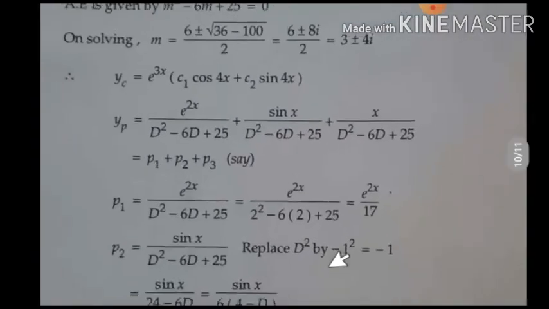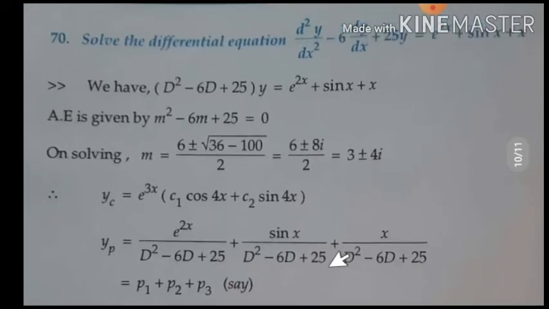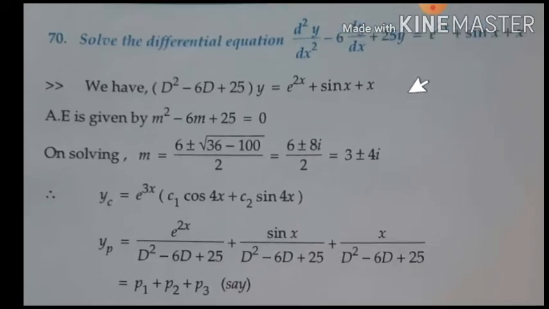Okay. So let me discuss one more problem of the same kind, where the function on the right hand side is of mixed type. Solve the differential equation. Observe that in this problem all three types of function are there: type 1, type 2, type 3, to find the particular integral. So first write the given differential equation using the differential operator D. Write the auxiliary equation. Solve the equation using the calculator. You get the answer 3 plus or minus 4i. You need to calculate; practice calculating this root.